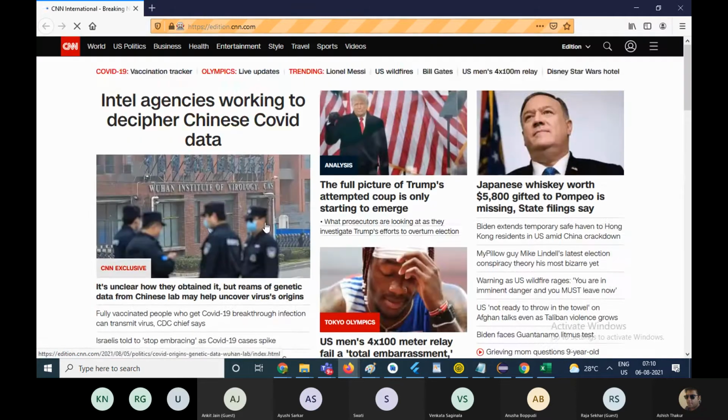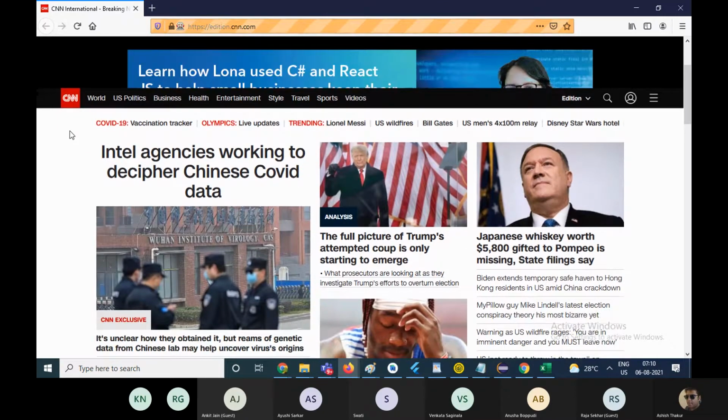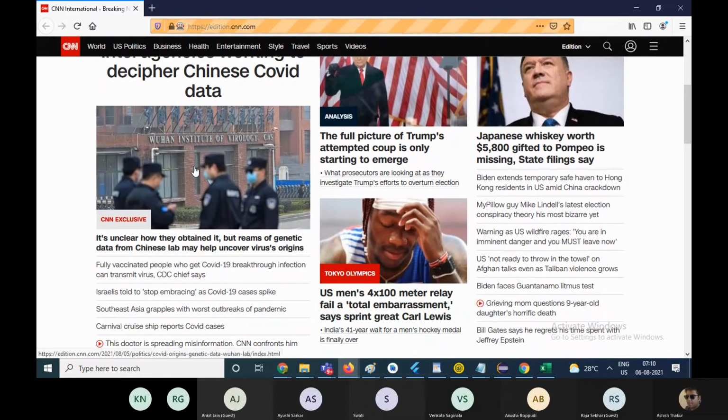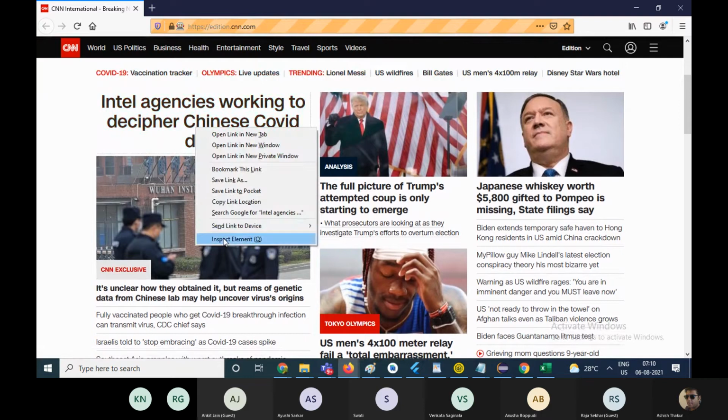You go to any website, like CNN.com, and if you right click on it and you inspect the element.